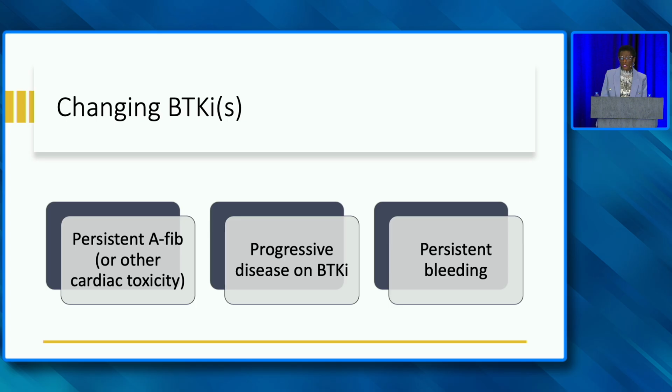Changing BTKIs, we've taken many patients off ibrutinib because of the AFib and switched them to acalabrutinib and even a few to zanubrutinib, and they've not had any persistent problems with it. At times, they just have to come off BTKIs. Patients who have progressed on some of the first generation BTKIs have successfully been treated on second generation with acalabrutinib